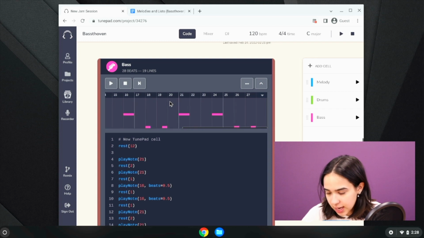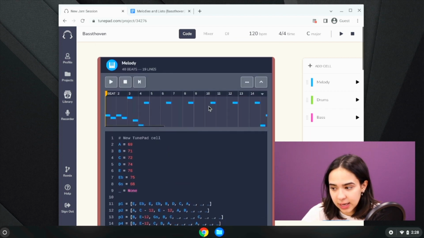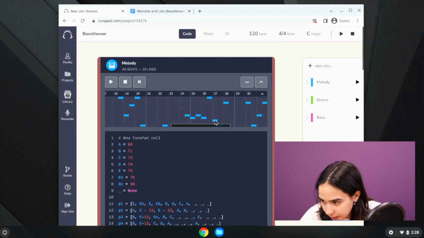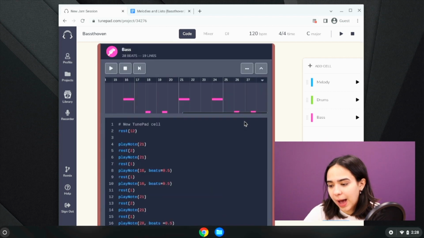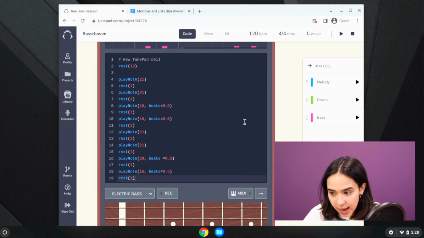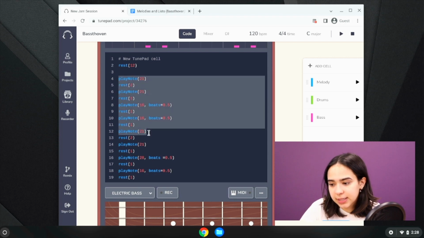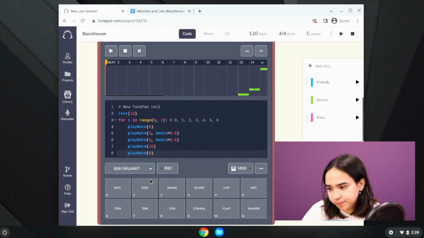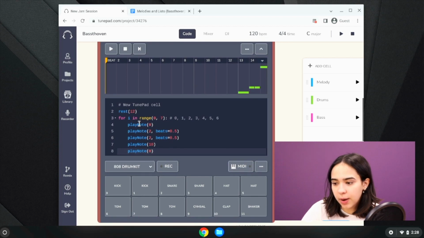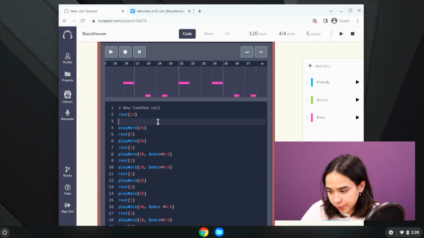But as you can see, this bass line ends at beat 27, and the melody is going to be going all the way until beat 40 almost. So we want to actually be playing this bass line twice. So the whole thing, we're going to rest for 12, and then we want to play this whole sequence of notes 2 times. And so similar to what we did up here with the range function, we're going to use another for loop,